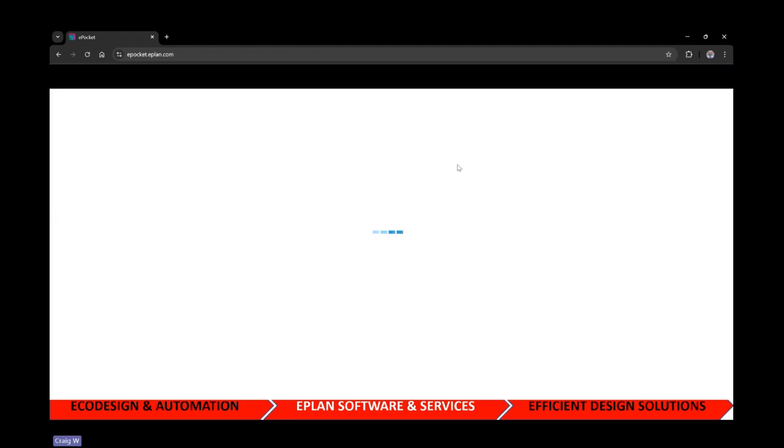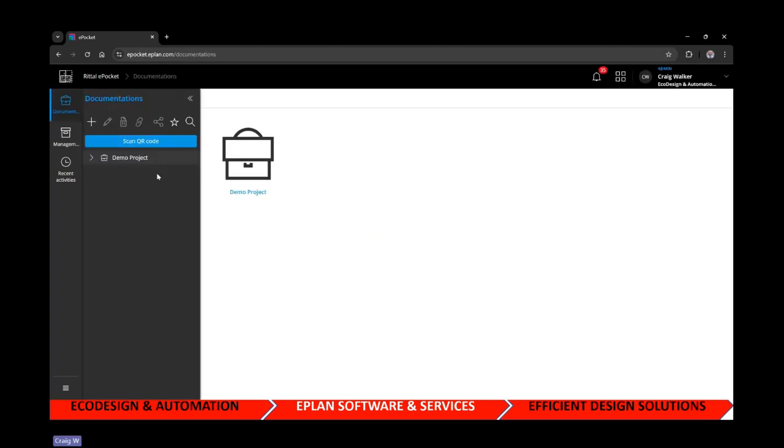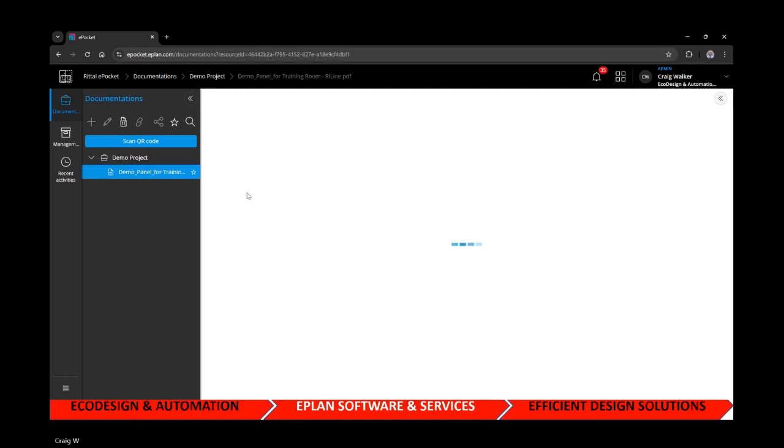This may seem a little confusing because I'm both the publisher and the creator of the PDF and this ePocket selection, this panel. But what I can do is if I open this, say, in my tablet, I can then click on scan QR code. Using the camera on the tablet, I can scan the QR code and it will pop open this demo project. Or if I had 50 projects here that I've been given access to, it'll jump directly to the demo project. We've only uploaded one. And it would give me this, which now means I can then click on that demo panel for training room PDF